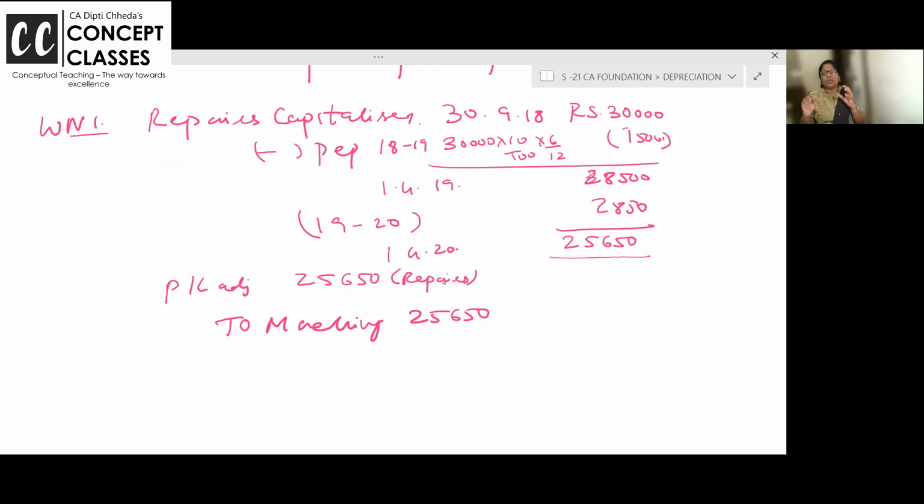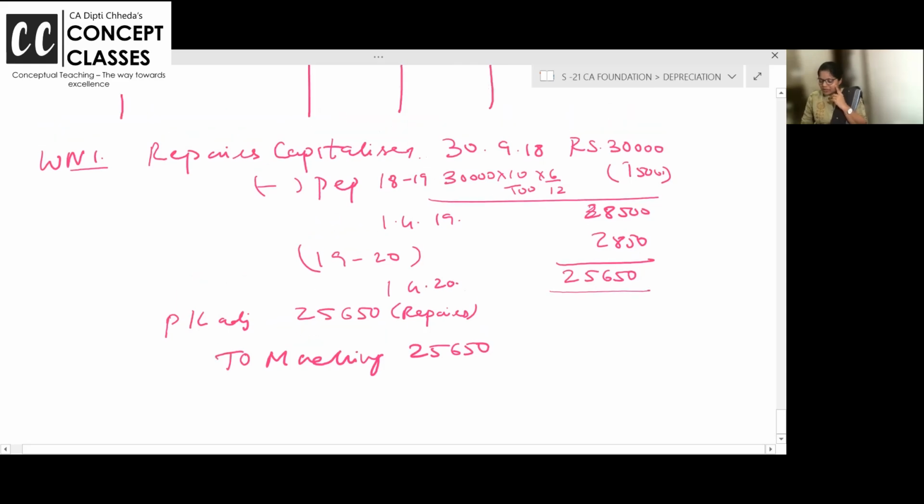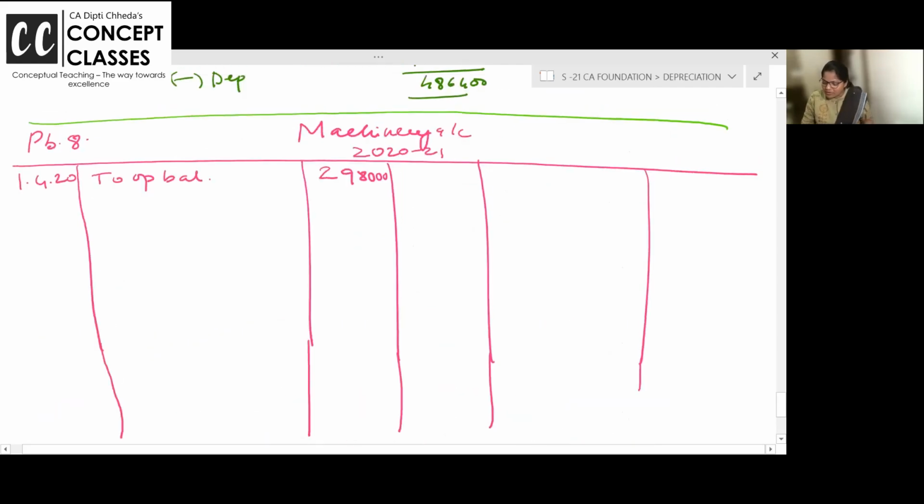And yesterday, 3-4 good problems we worked for SLM, WDV, all. Now, what is happening in 2021? In 18, some repairs was wrongly capitalized. So when you capitalized machinery debit, now repairs debit and machinery credit. But instead of repairs debit P&L adjustment, because this is repairs of earlier years, but not at 30,000, at today's value. So can we write here on the credit side